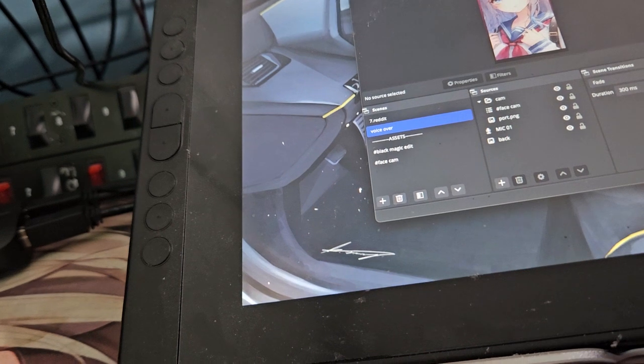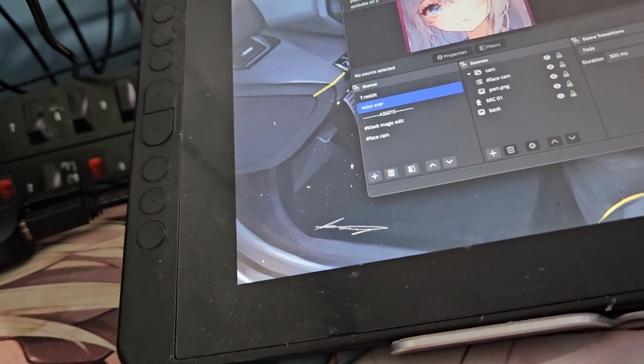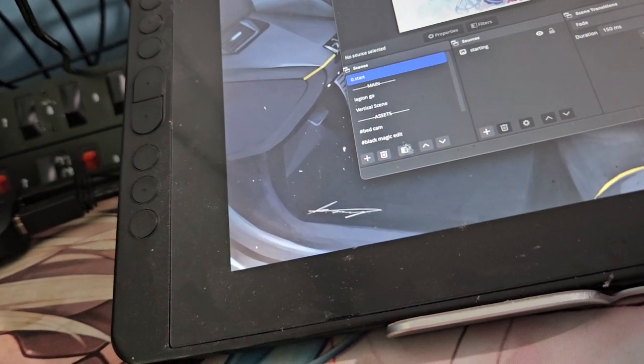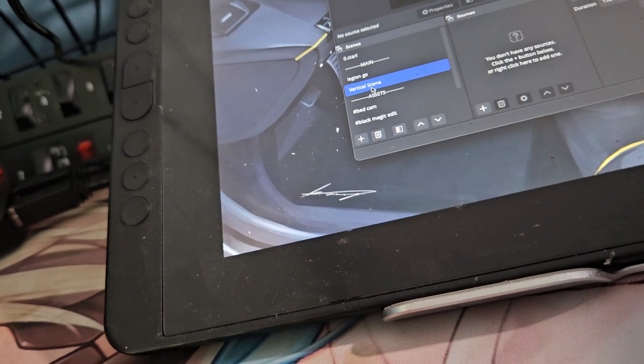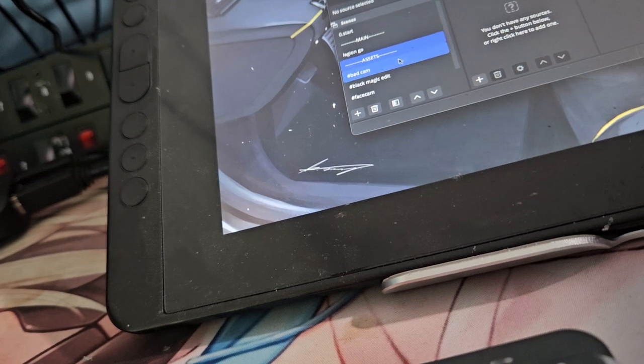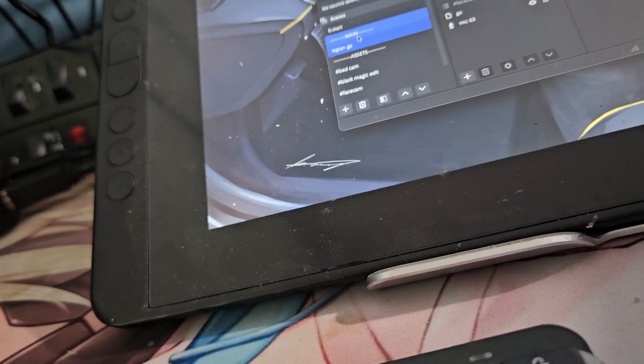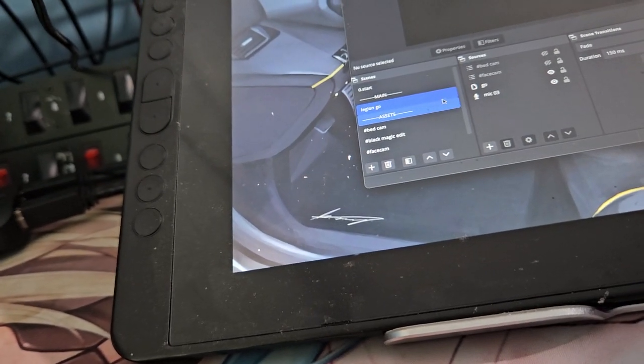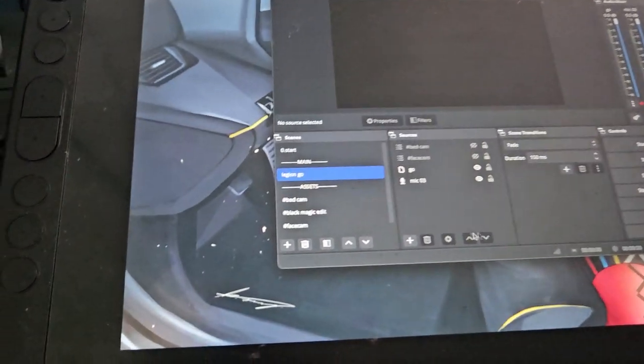But then there's gaming. This one is the one I put the most work into, so let me just remove that real quick. This one is the Lenovo. This is for the Lenovo Legion Go. So with this one,